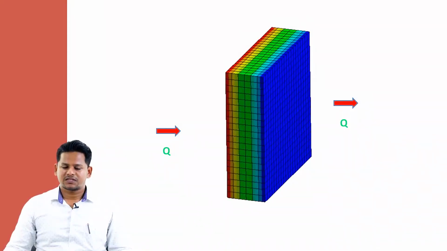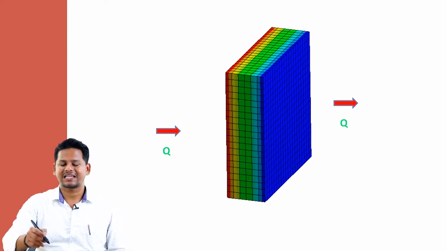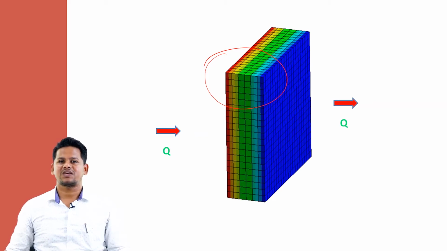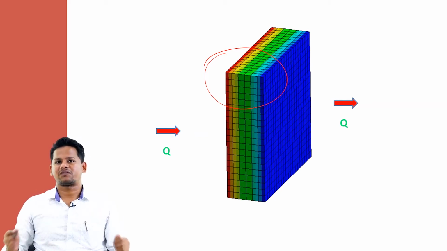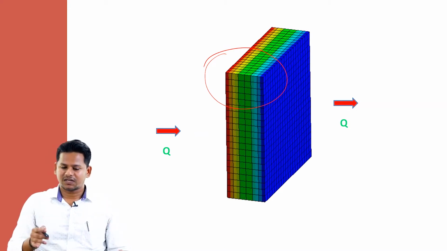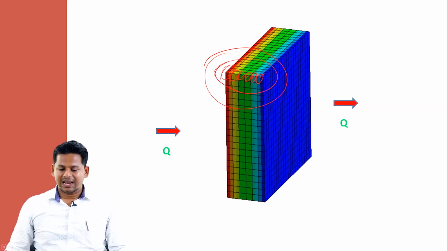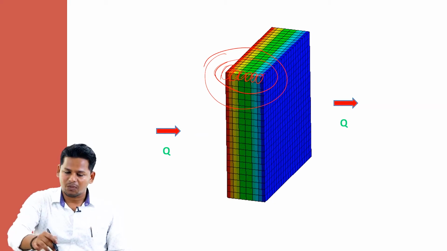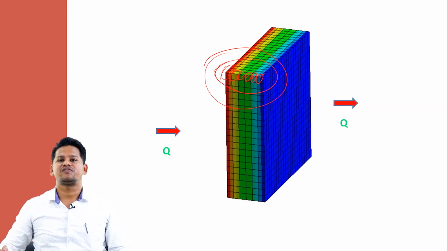So by seeing this image itself, you can understand that this is our topic, and we are going to discuss about how the one-dimensional steady-state heat transfer is taking place in these composite plane valves. In previous class, we discussed about one-dimensional steady-state heat transfer in a single plane valve. We don't have any composite there, but in this case we have six materials, right? So in today's class we are going to discuss about how can we find out the heat transfer rate in this composite plane valve, because each and every material is having different thermal conductivity.